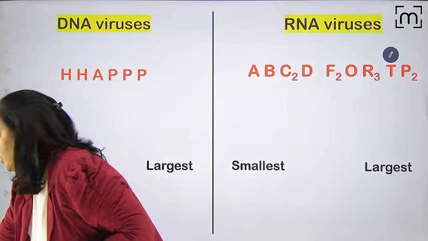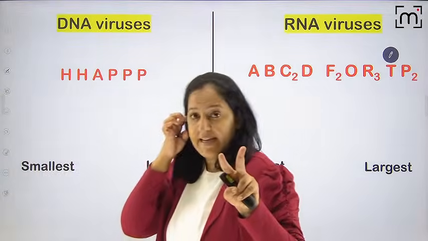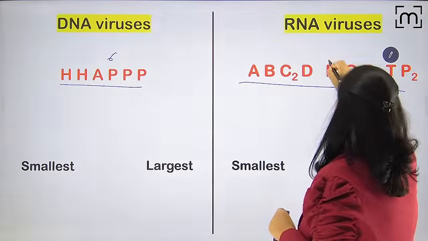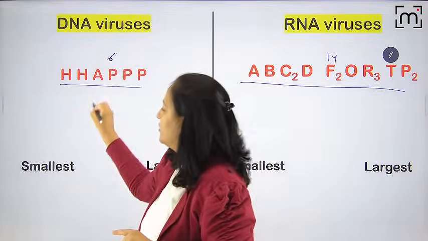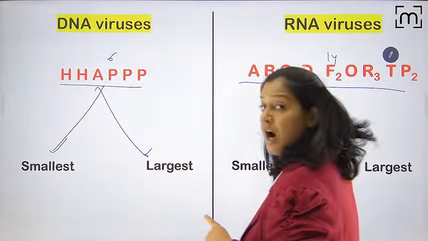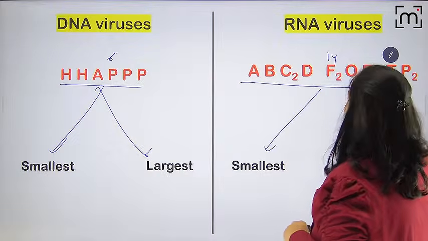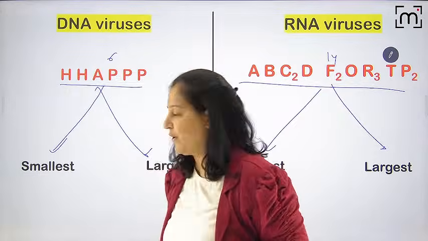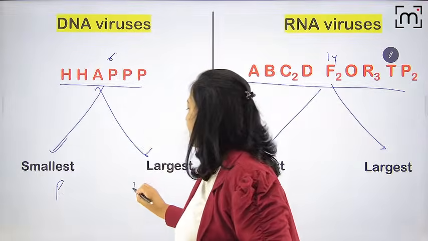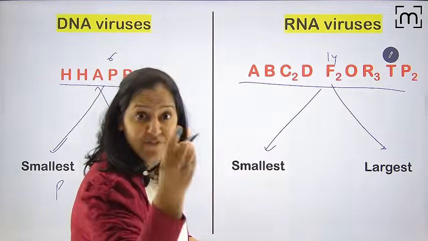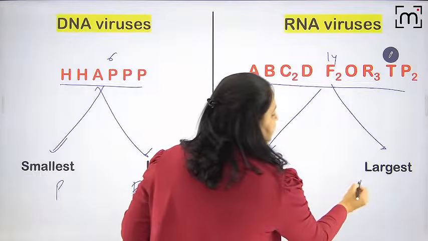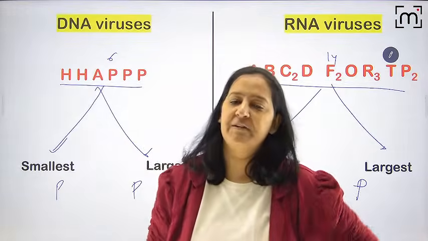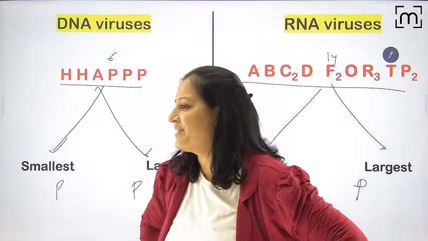Now the next question. Second point. You know the 6 DNA viruses and the 14 RNA viruses. Among the 6 DNA, who's the smallest? Who's the largest? Among the 14 RNA, who's the smallest? Who's the largest? Let me give you a clue. I'm not so cruel. The clue: they all start with P. Actually, it's not a clue, it's a confusion. That's why I told you, beware of P in virology. All 4 options A, B, C, D will be P. It's a real confusion.